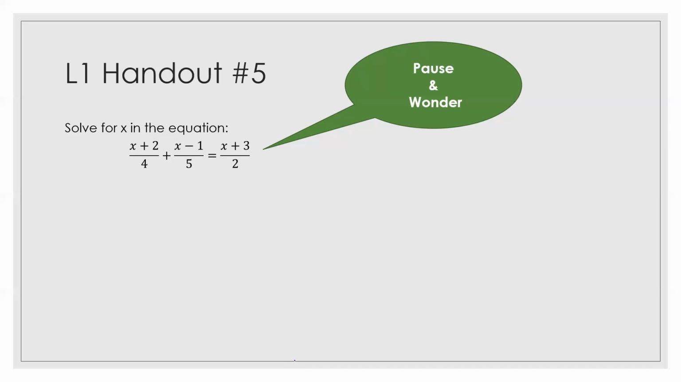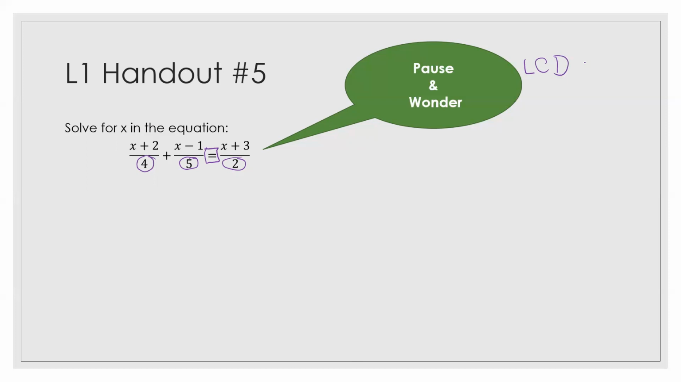Okay, now once you have already paused and wondered, you will see that there are denominators here, these weird fractions here, right? So this is an equation, and what we know from solving an equation is whatever we do to one side, we do the same to the other side, and that will keep it balanced. So